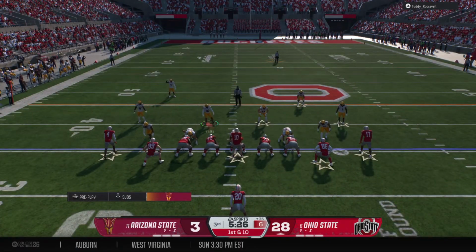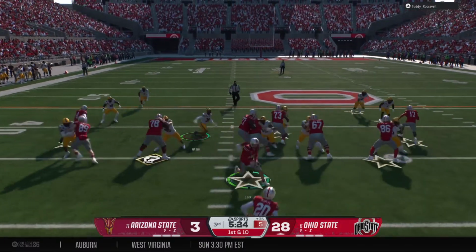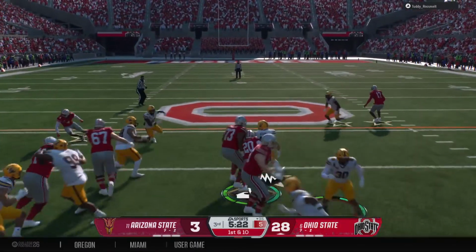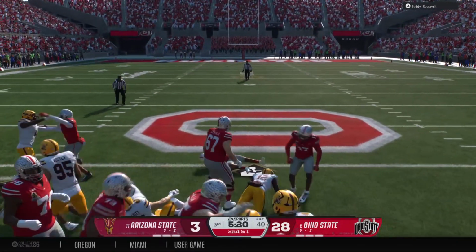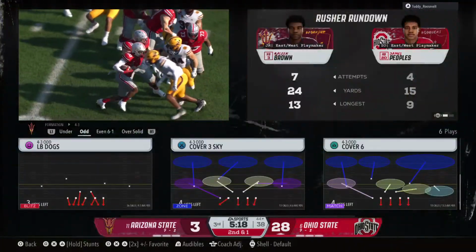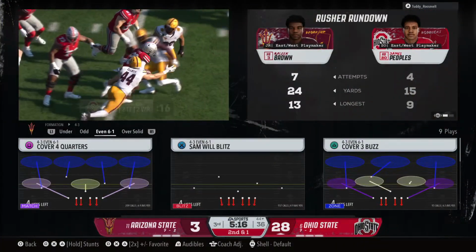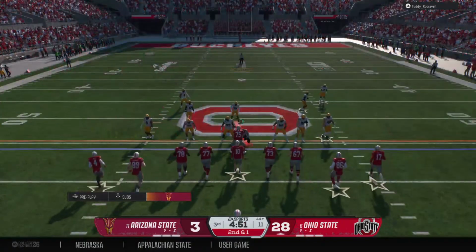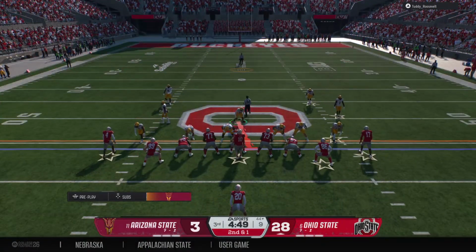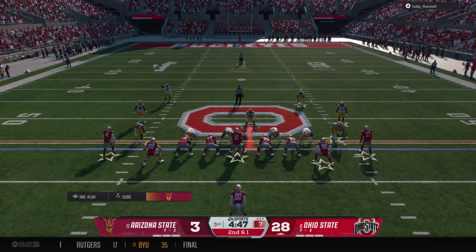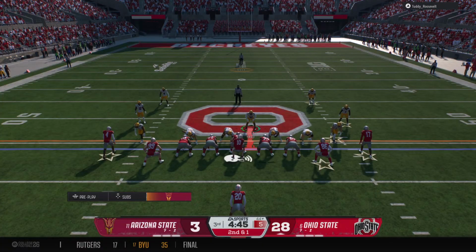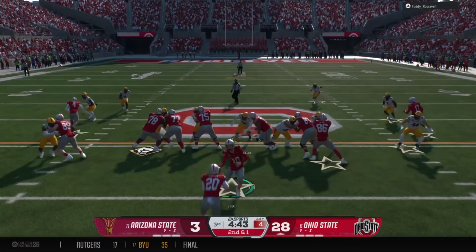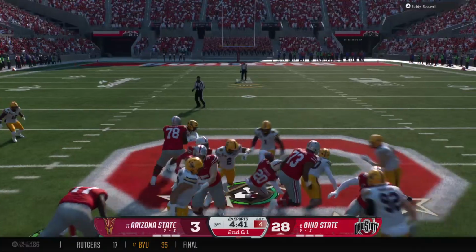The Buckeyes starting a new series here on 1st and 10. Looking for a gap. It's Peoples. Breaks one tackle, gets brought down, but picks up some decent yardage. Coaches told us in the pregame production meetings they love this back's mixture of speed and power. We know about the speed, but he also showed the ability to break tackles on that run. They'll try to pick up the yardage on the ground.